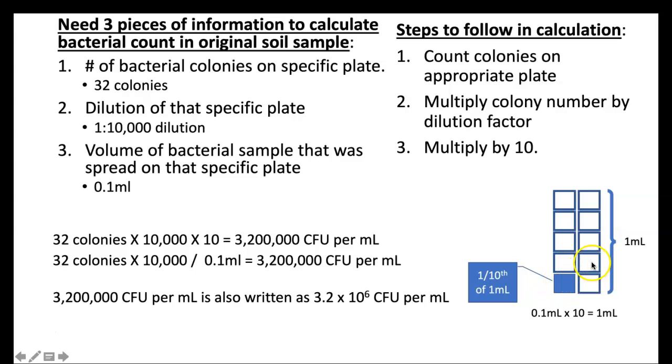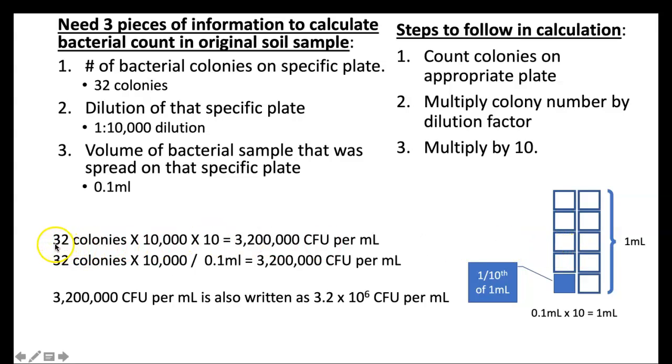And so if we add up 10 of those, or multiply by 10, then we're going to get a number that's not a fraction of a milliliter, not 1/10 of a milliliter, but rather it's going to be how much bacteria is in 1 full milliliter. And that's a much more helpful number. An example I give is when you are calculating the price of gas, the number that is presented is the cost per gallon of gas. You don't want to know how much it is per half a gallon or 1/10 of a gallon or 1/4 of a gallon. And so having a whole milliliter in this instance is much more helpful to calculate a bacterial